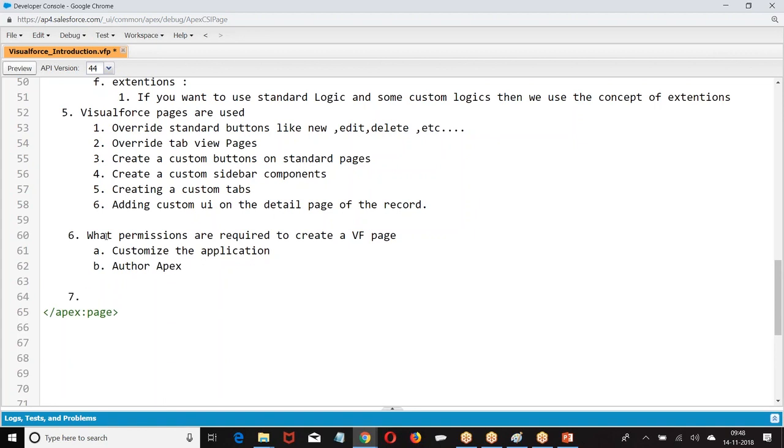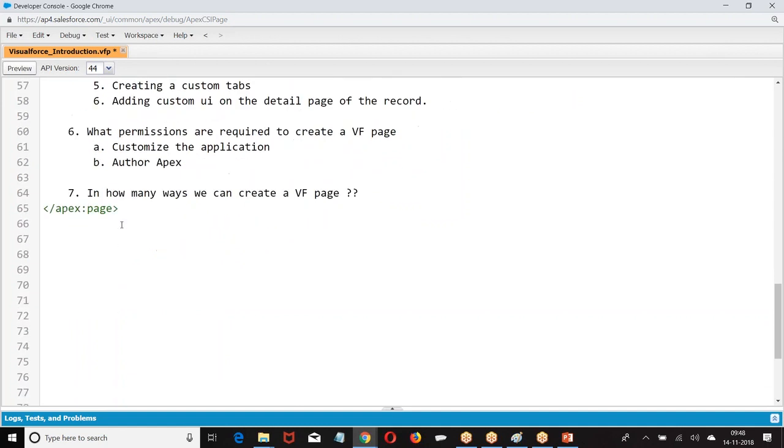Next. I hope you are good. Next one. In how many ways can we create a Visualforce page? I hope the introduction is good. People have followed what it is. Right. Now let us go to the next point.